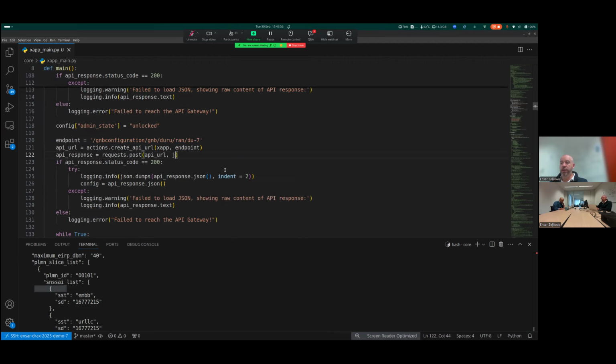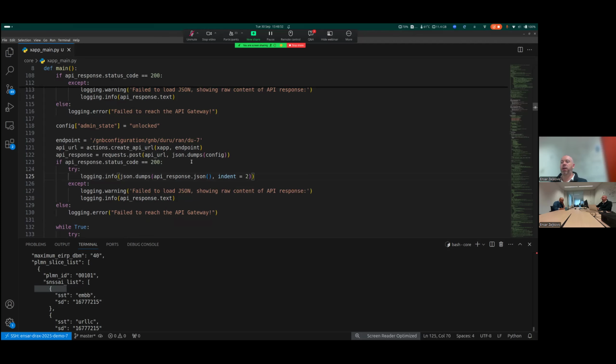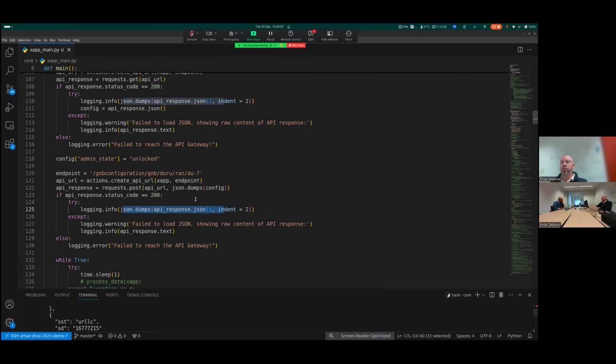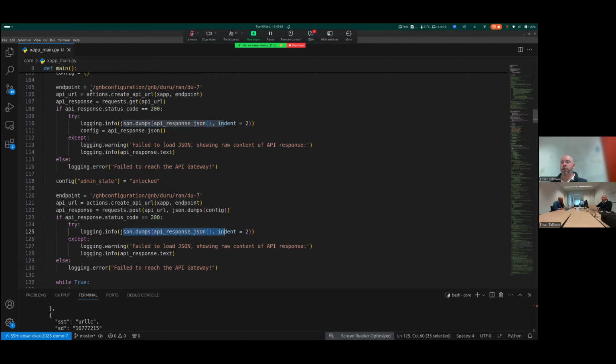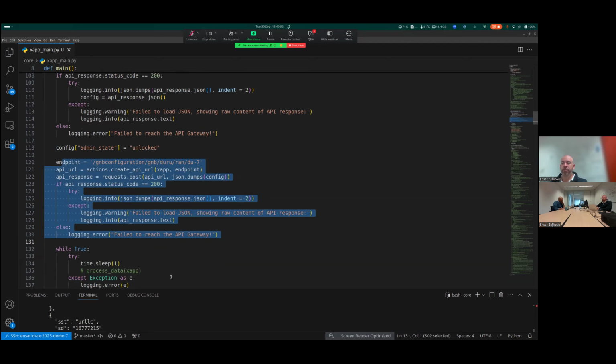You just need to make sure that it's JSON encoded, so you do need to do a JSON dumps of this config variable or dictionary so that it gets sent through. Everything else will stay the same, except, of course, this line. We don't need to save the response from the post again, but we'll just print the response as JSON. So as you can see, what we're doing right now is doing one get on the configuration, changing what needs to be changed, and then posting that configuration back.